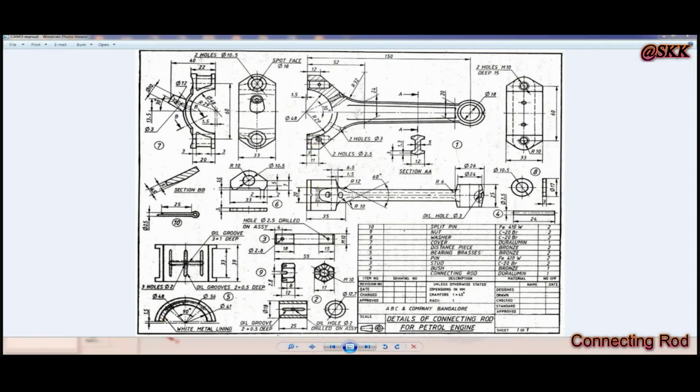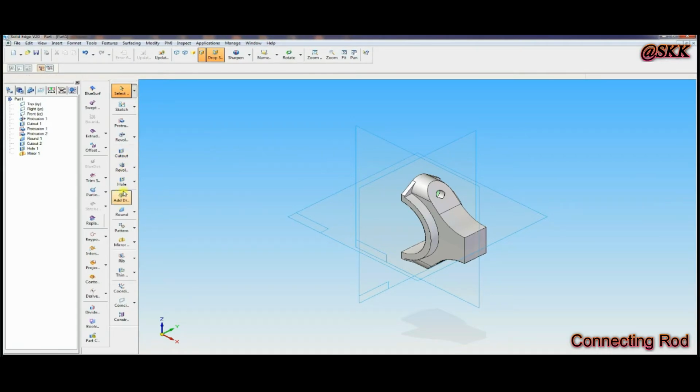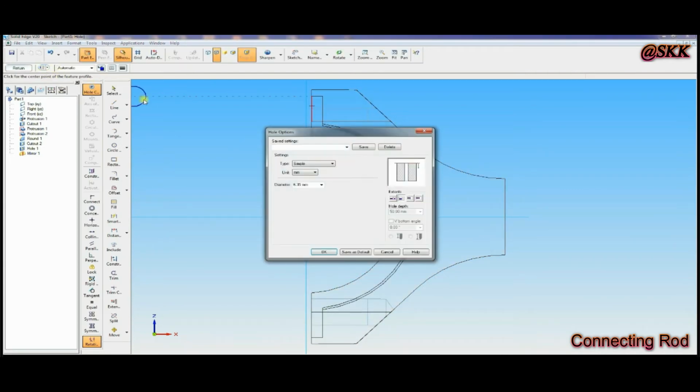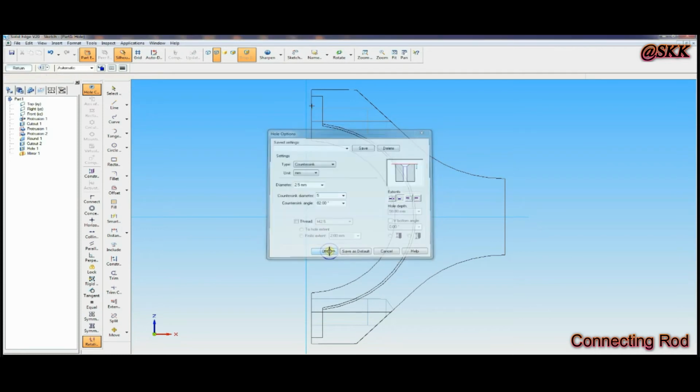Now you go for the hole command. Select that plane or that surface, then click on wireframe mode, then go to the hole option. In that, countersink diameter should be 2.5, countersink diameter 5, any angle.